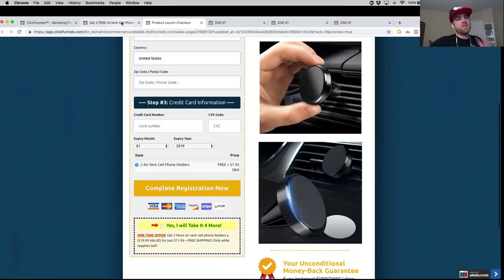But in this case, I want it to be a 1 product funnel. I want it to be simple. I don't want people to get confused. They're probably going to be on their phone. I don't want them clicking around on things. I want them to put their info in, click go, maybe hit yes, I want more here, and then next